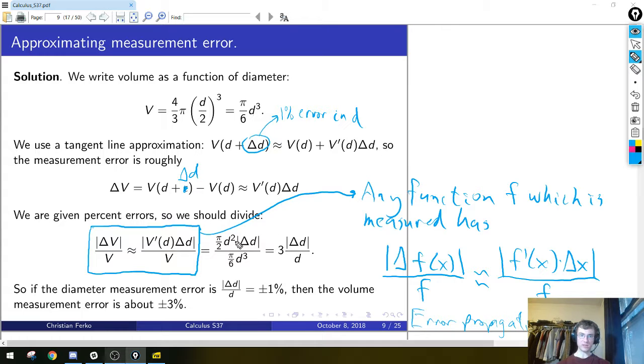Okay, but then, of course, this has to give the same thing that we found a moment ago. So when you plug in the specifics for this problem, v prime is, of course, pi over 2 d squared. This pi over 6 d cubed downstairs. Those cancel. We get a 3 delta d over d. Delta d over d is 1%. So all we have to do is plug in 3 times delta d over d is 1%